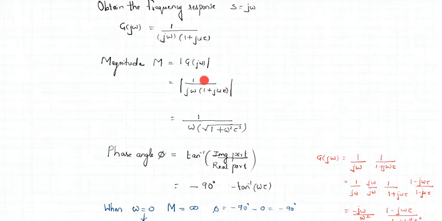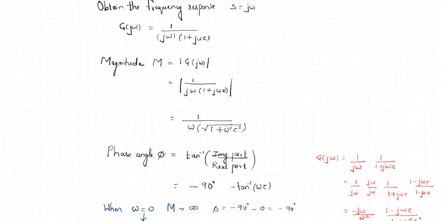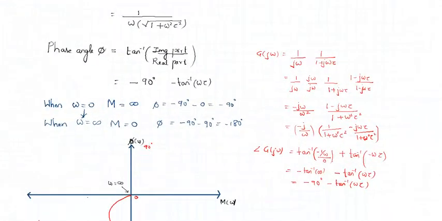So when we now take the mod of this particular term, we have two complex terms here. One is j omega and another is 1 plus j omega 2. Let us separately find the absolute value of both of them. When we find the absolute value of 1 upon j omega, we simply get omega. And when we find the absolute value of this term 1 plus j omega 2, it becomes the square root of real part square plus imaginary part square, that is 1 plus omega square 2 square. So this is how we find the magnitude. What about the phase? We know that in a complex system, the phase is given by the relation tan inverse of imaginary part by real part.